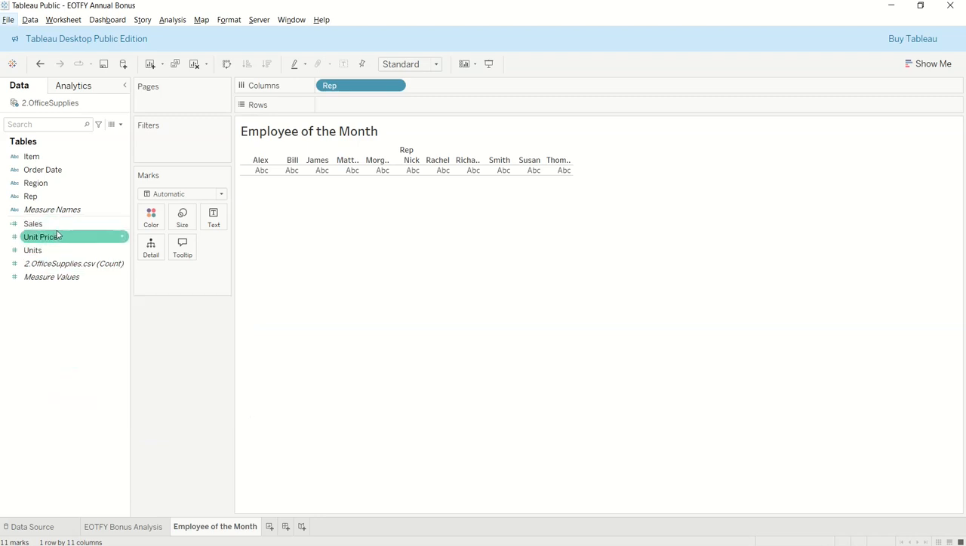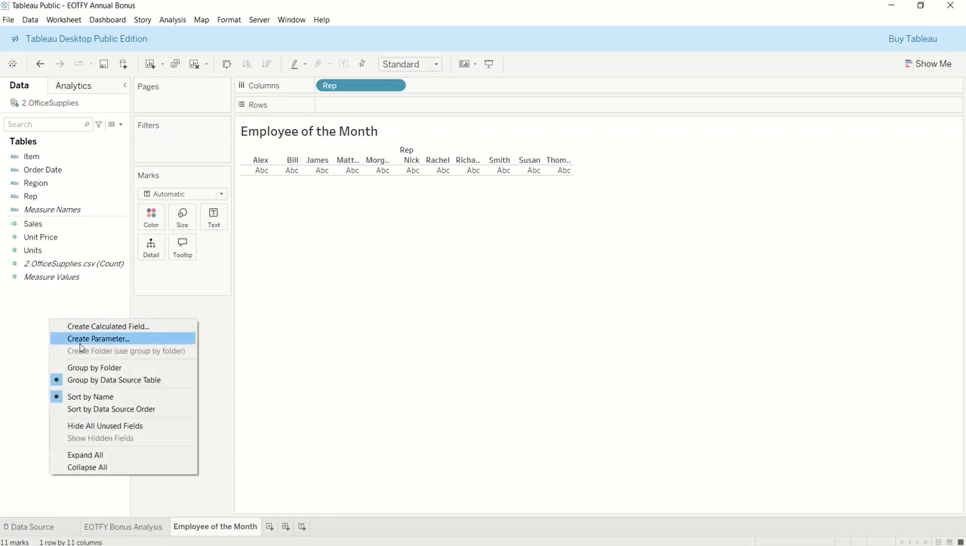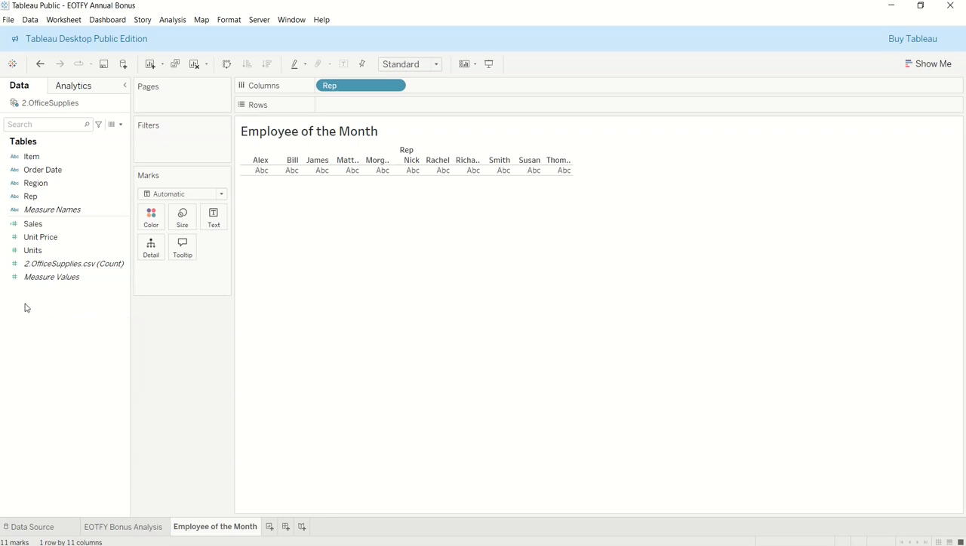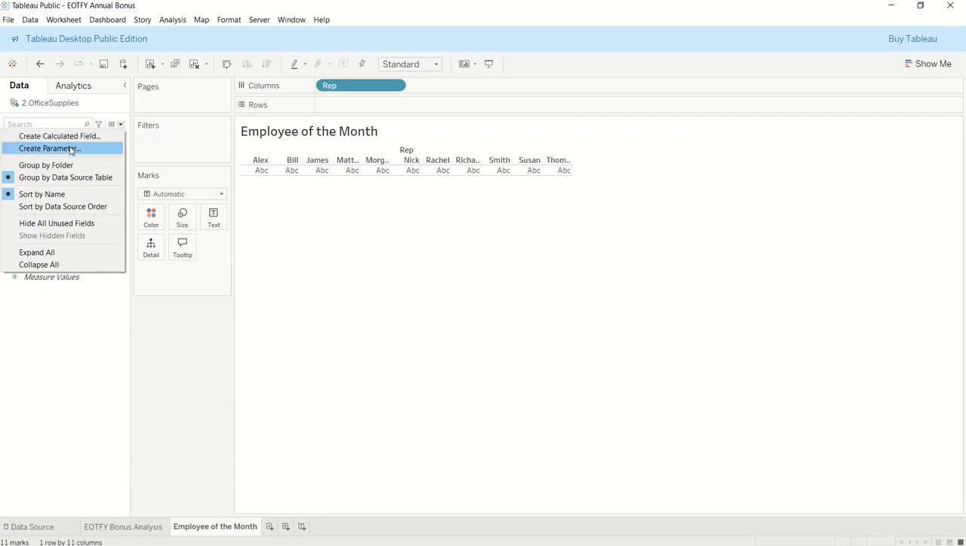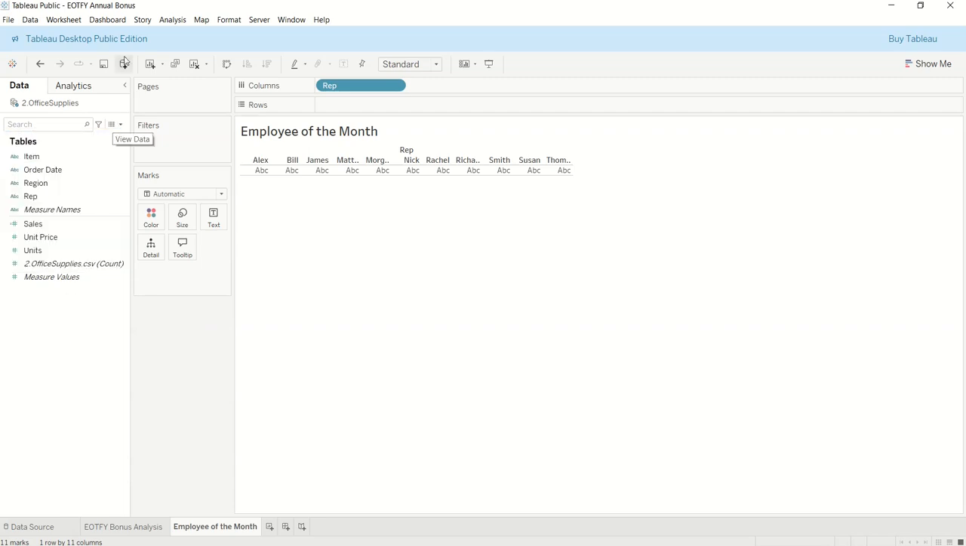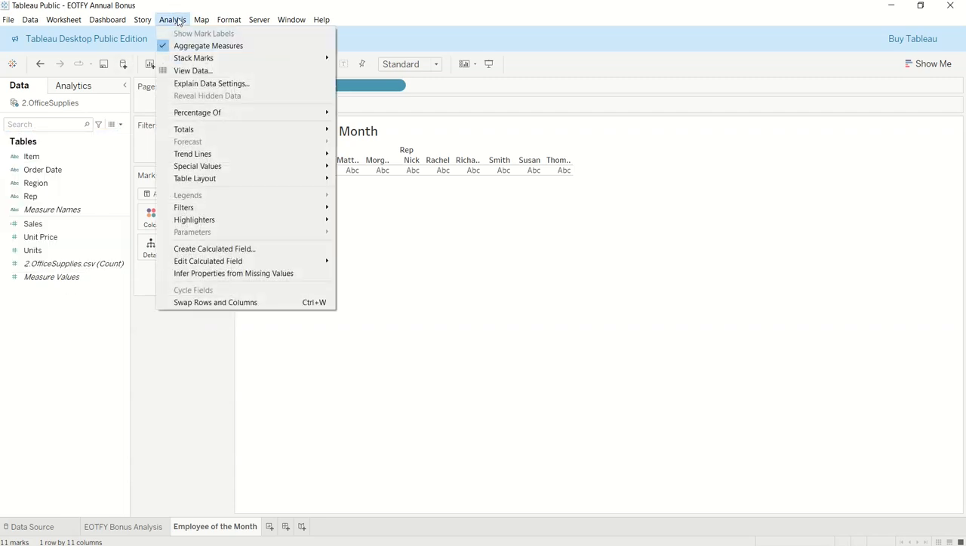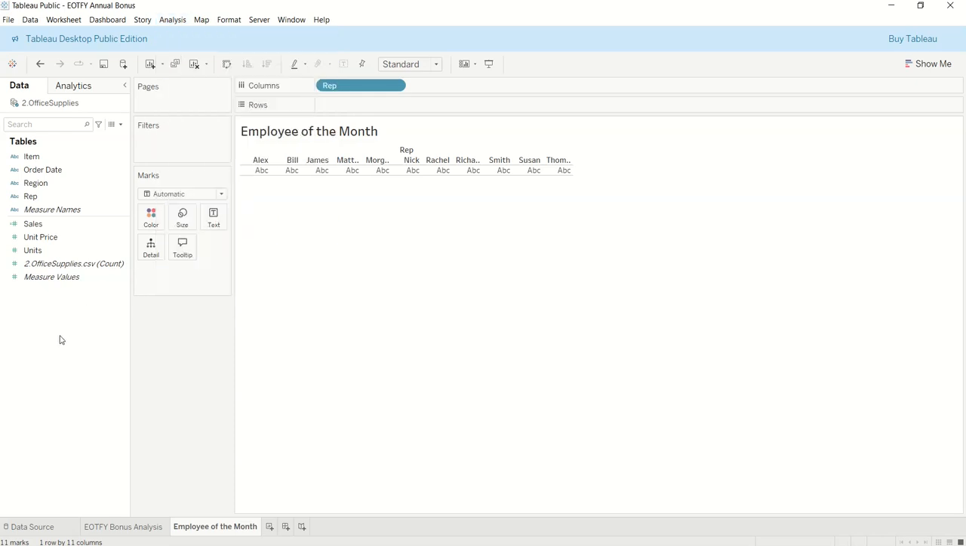Alright, so I'll create another calculated field just for the demonstration as a reminder. So right click on this measure, this data pin below the measure right here. So you can click on create calculated field, or you come here, create calculated field, or you go to your analysis up here and you see create calculated field right here. Alright, so I'll just right click here, create calculated field, and I'll call it total sales